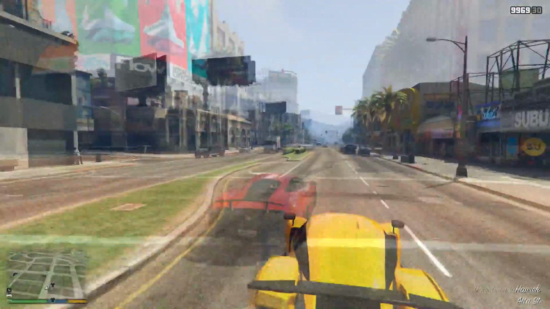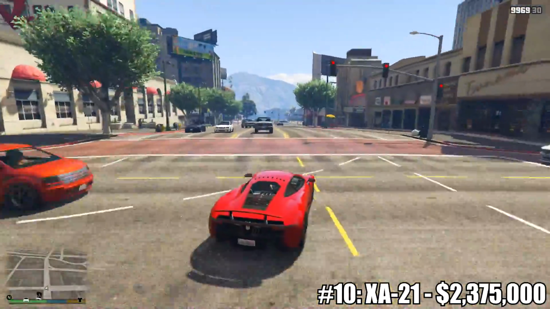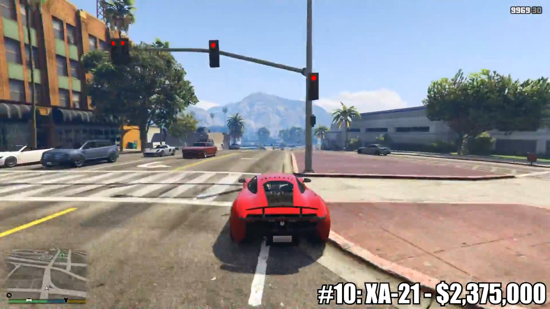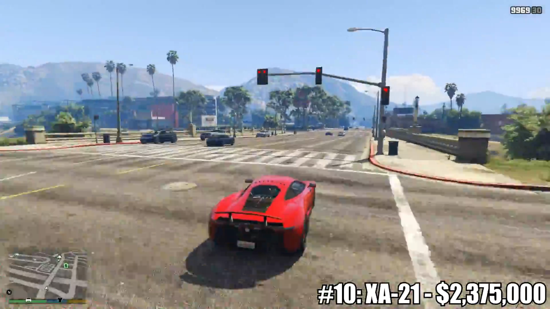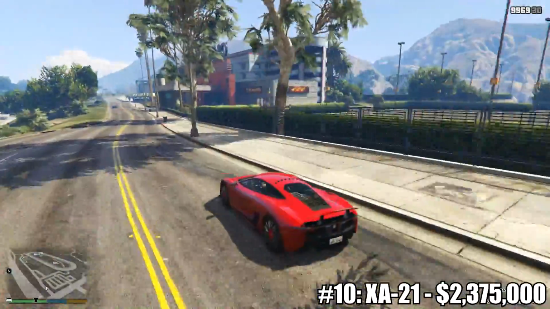So let's go ahead then and get straight into things and start things off in chronological order in 10th place. So the 10th most expensive car you can currently buy in GTA Online is the Ocelot XA21. This was released last year towards the end of the gunrunning update as a drip-fed vehicle and can be bought from the Legendary Motorsports website for a price of